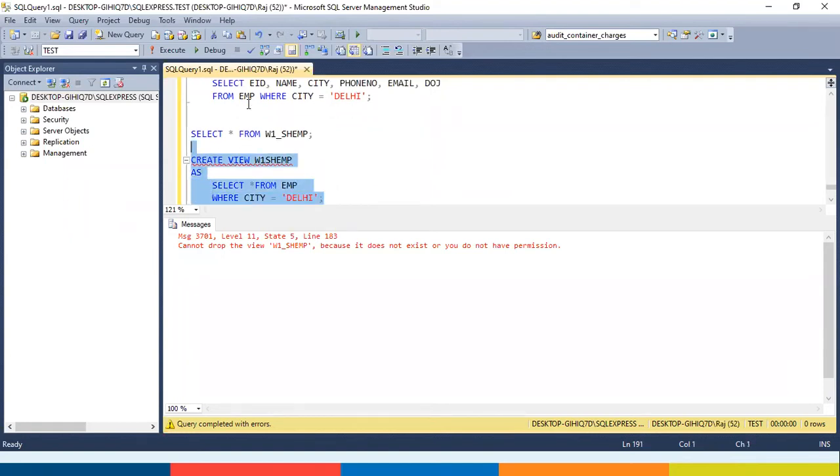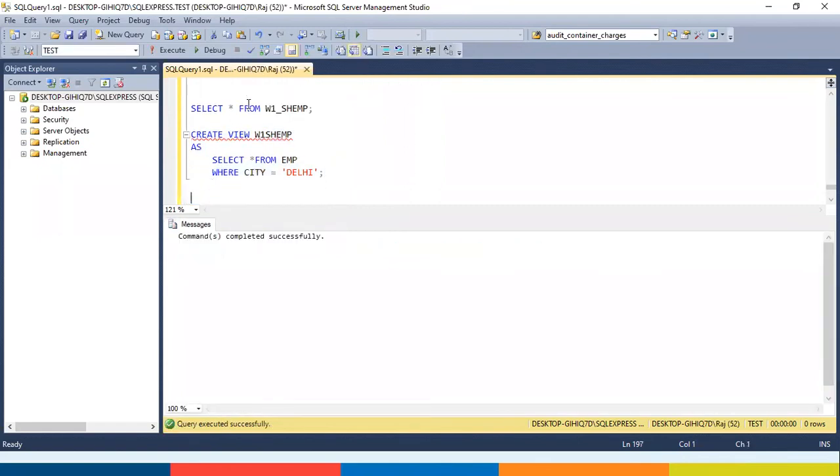Let's create this. So I will be getting all the details of Delhi employees. So I will say select star from the name of the view, W1.